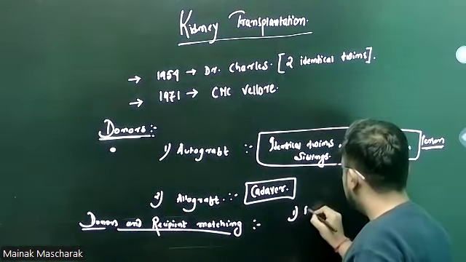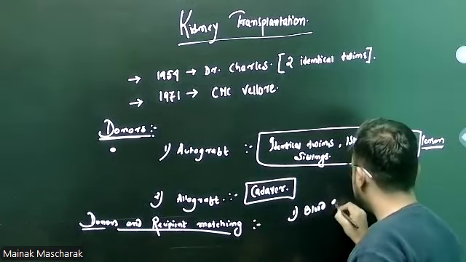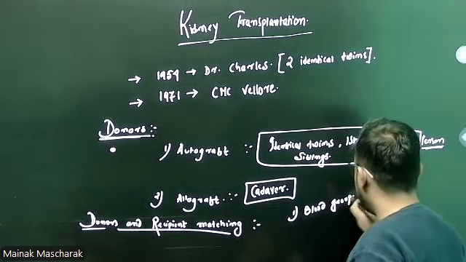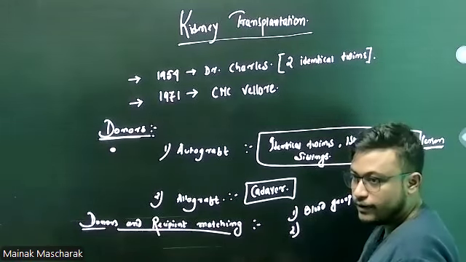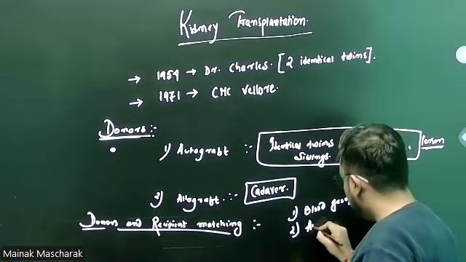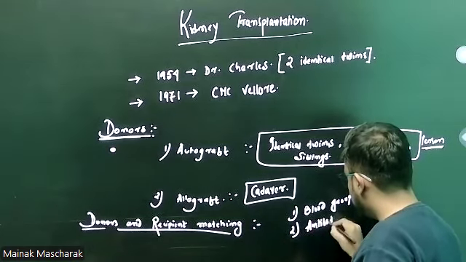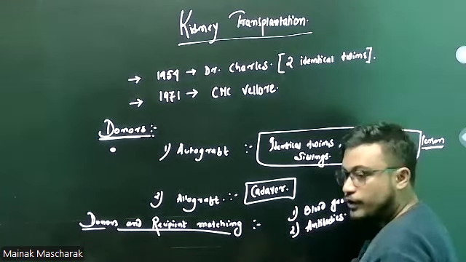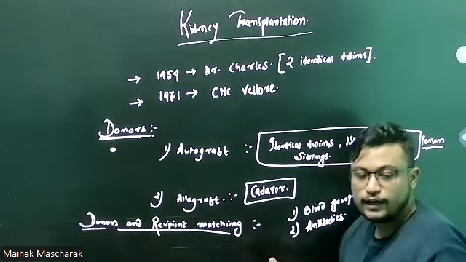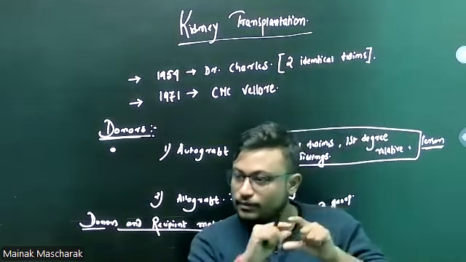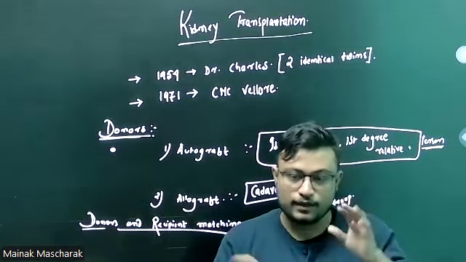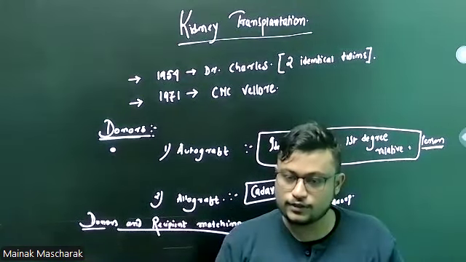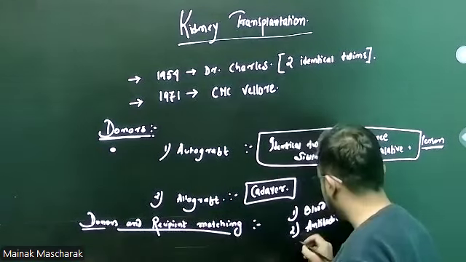First of all, the blood group is matched between the donor and the recipient. Second, antibodies are matched. How are the antibodies matched? Suppose the donor blood is taken and the recipient blood is taken, these two bloods are put in a test tube and we see if there is any antibody reaction.